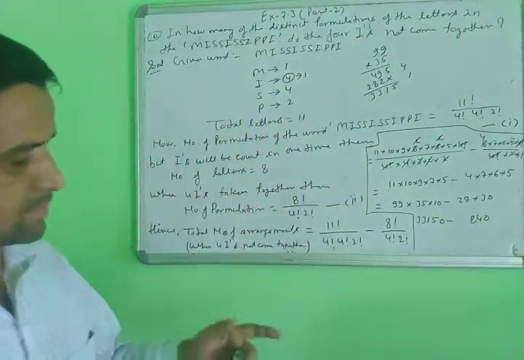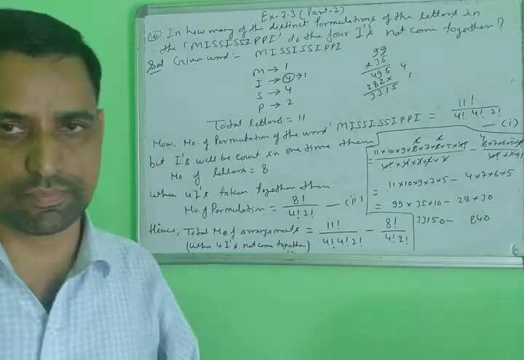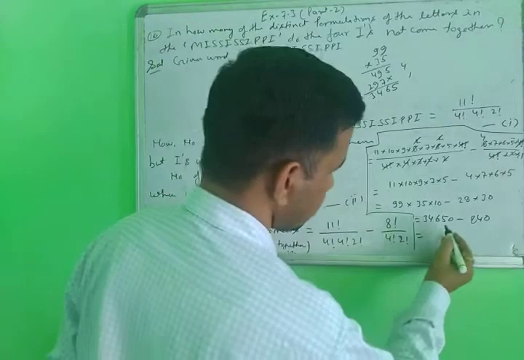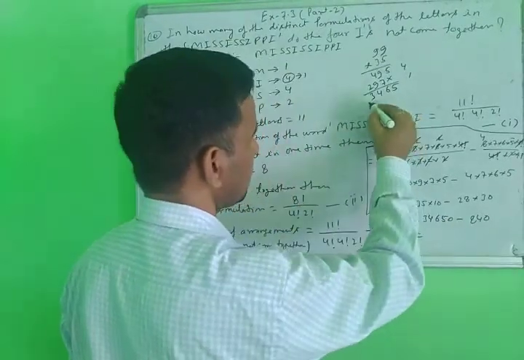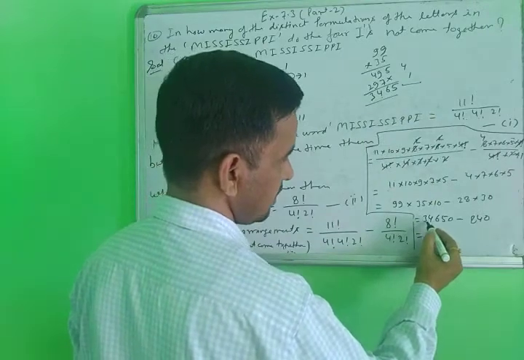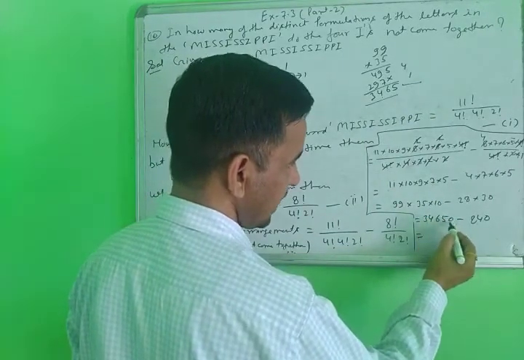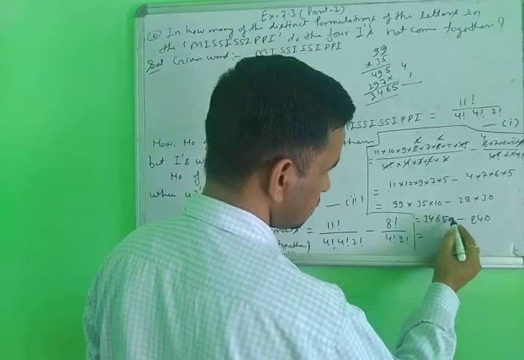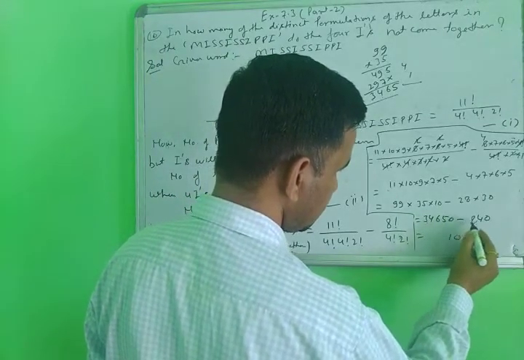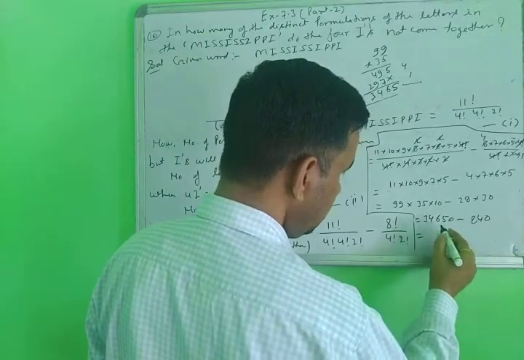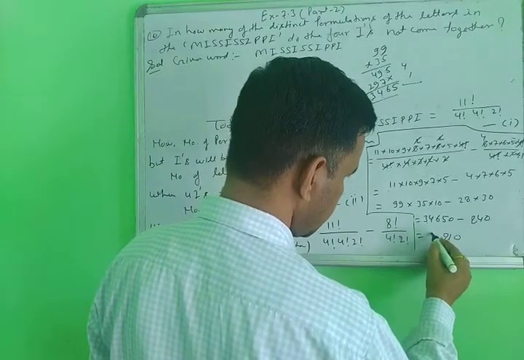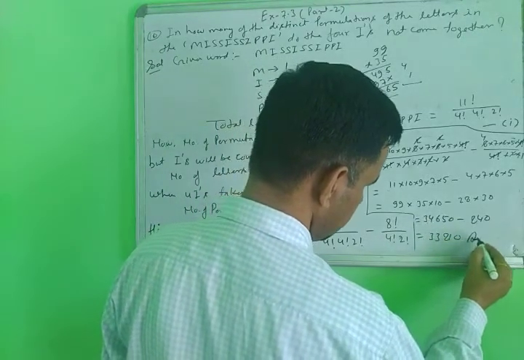Then you will subtract, and then you will get the answer. Yes, student, you will subtract this portion. This is 3465, so 3000 here is multiplied by 10, so a 0 will be added here. So then you will subtract: 0 minus 0 is 0, 5 minus 4 is 1, and 16 minus 8 is 8, and so on, 33,810. This is your complete answer.